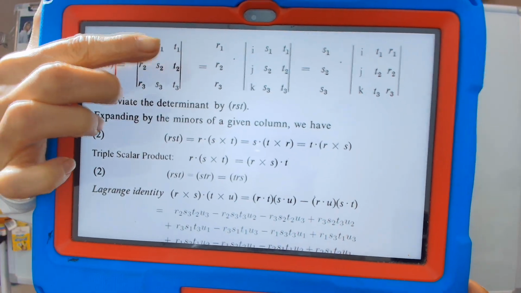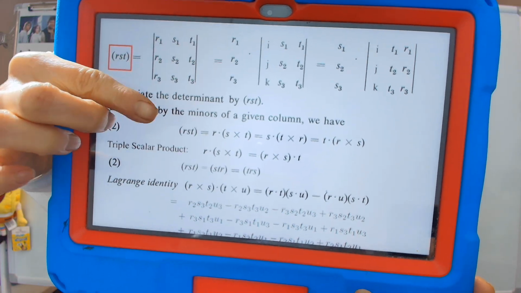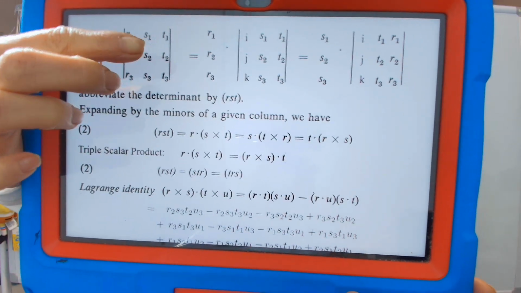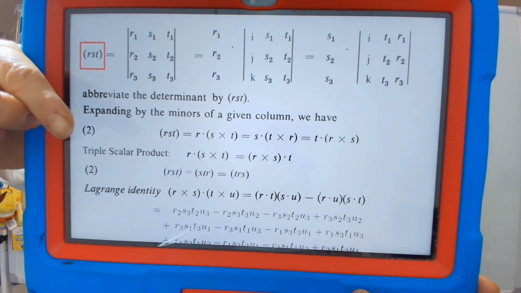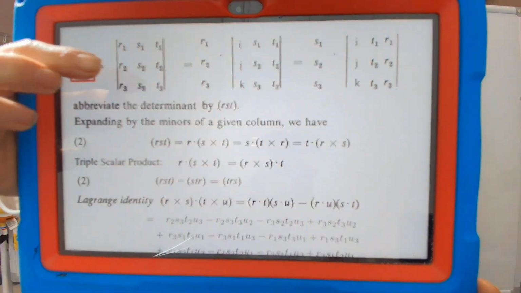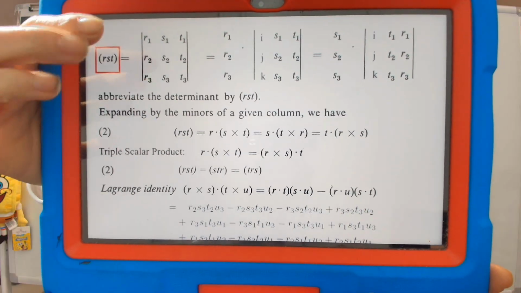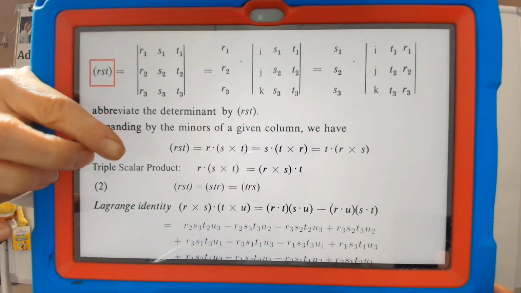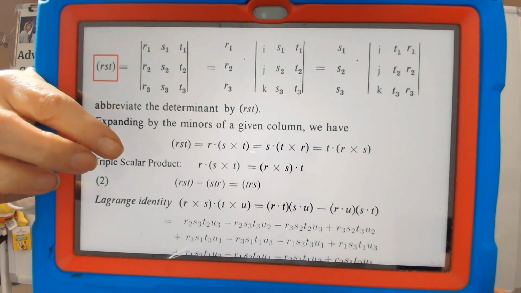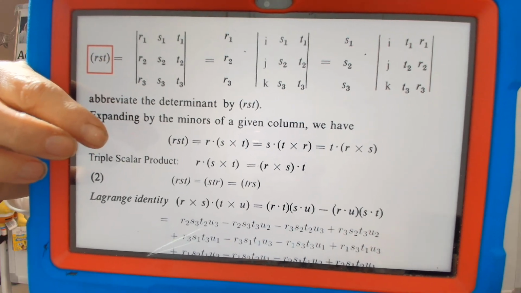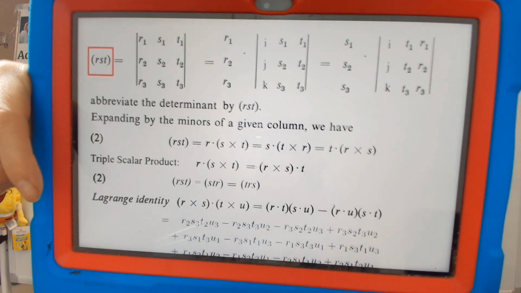If you do S cross T in the first one, it ends up being the same as S dot T cross R, which is the second one. And the third one is T dot R cross S. I didn't even bother writing it down; you can write that yourself. You don't have to check all of them, maybe just a few terms until you're satisfied that this does work out. There is no magic to this. It's just a matter of checking stuff out to make sure it works, like it says. And from